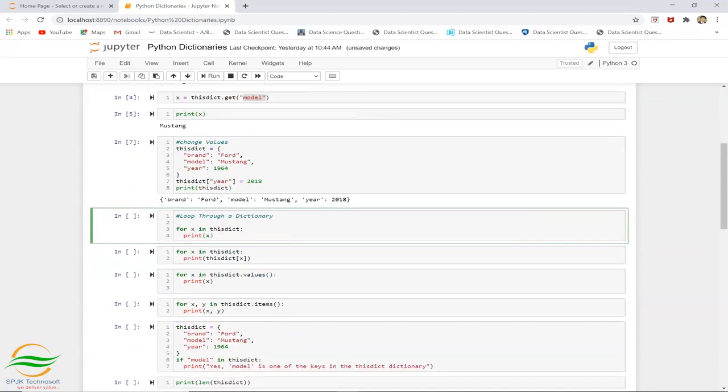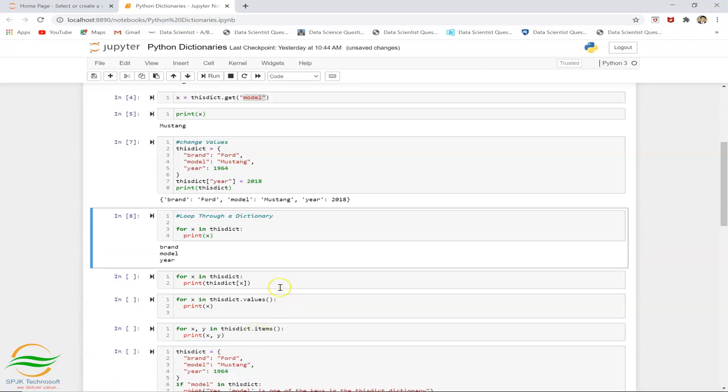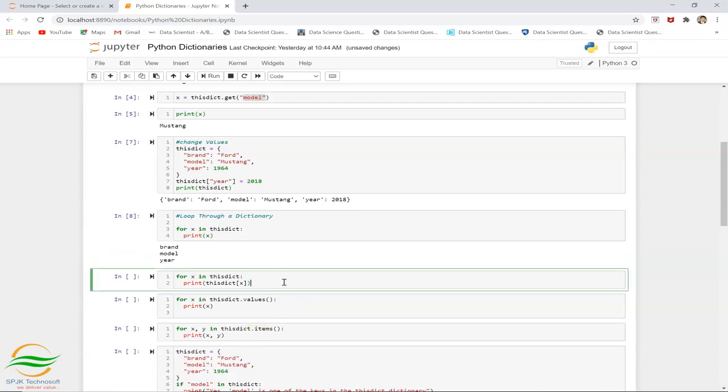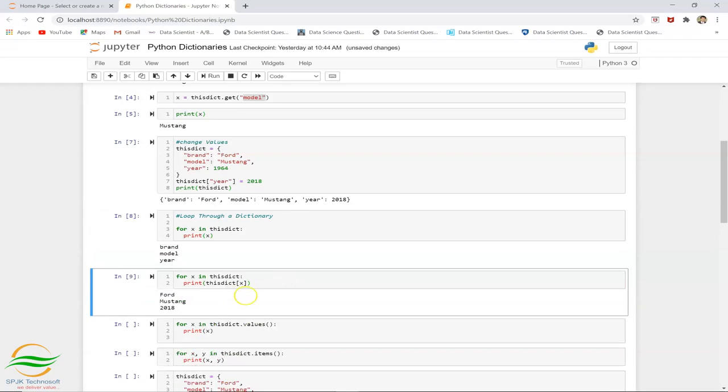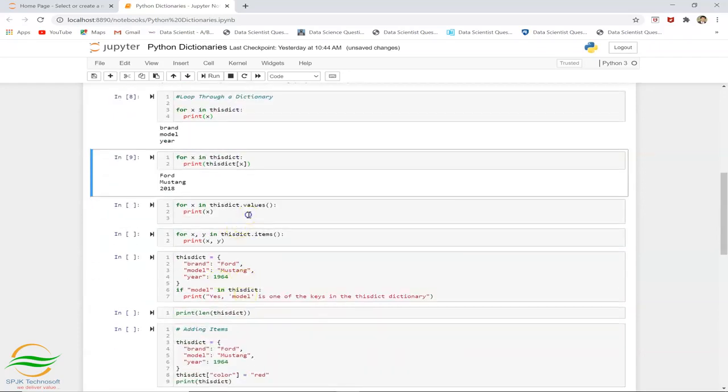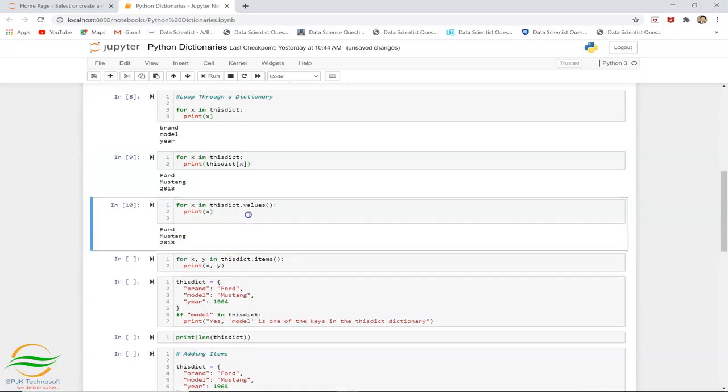As we do for lists, sets or tuples, we can also traverse through the dictionary by using a for loop. And we can see a particular value also by using that. If we want particular values using the for loop, we can use the for loop and thisdict.values, so that we can get all the values for that particular dictionary.